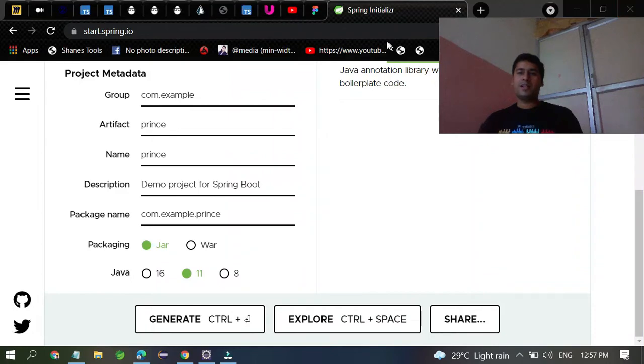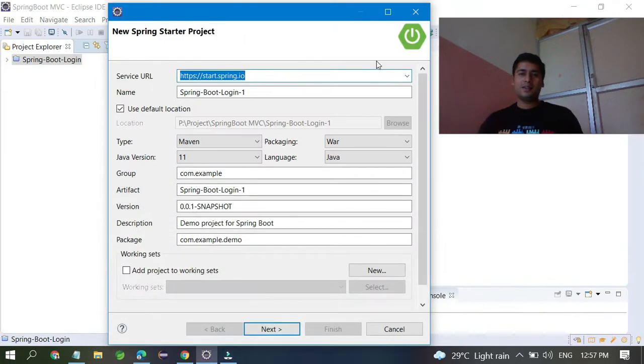But I'm not going to follow these things. We are going to do it with the Eclipse IDE, which is also much better than that. Here you can see the name of the project. So for example,